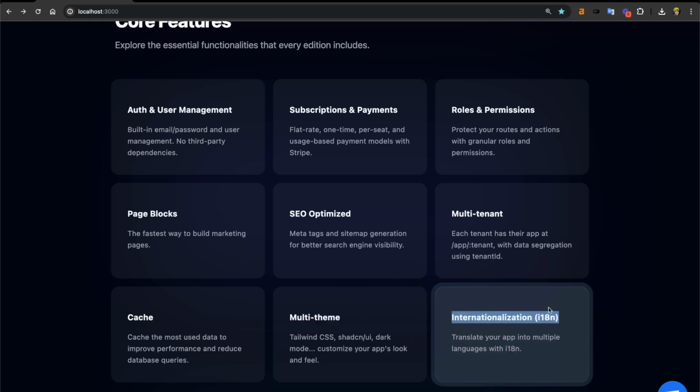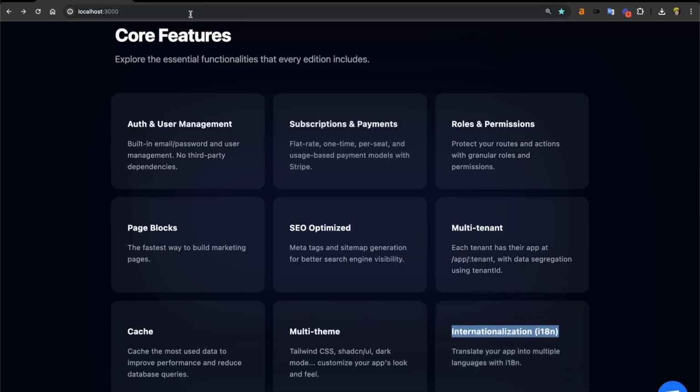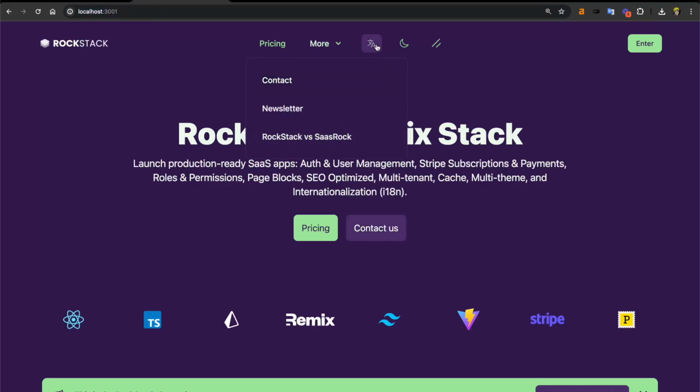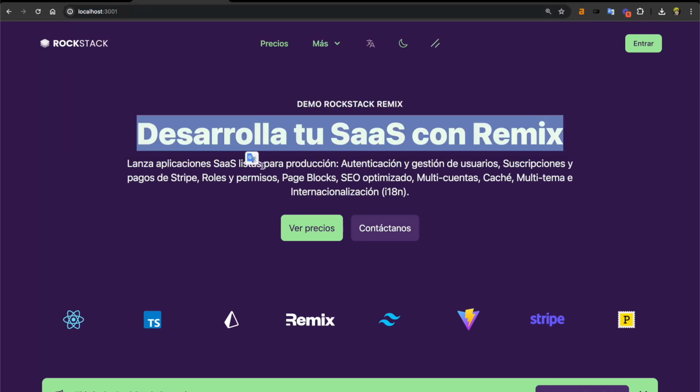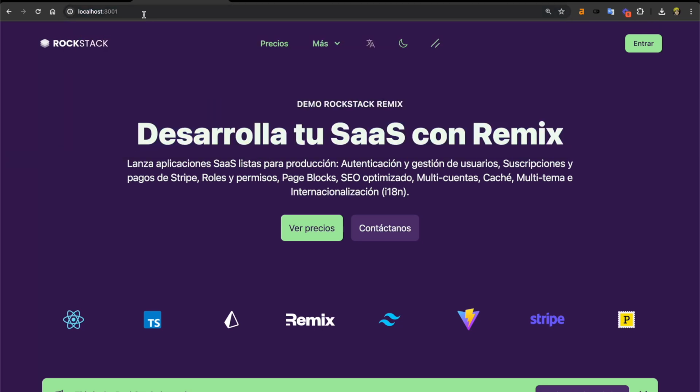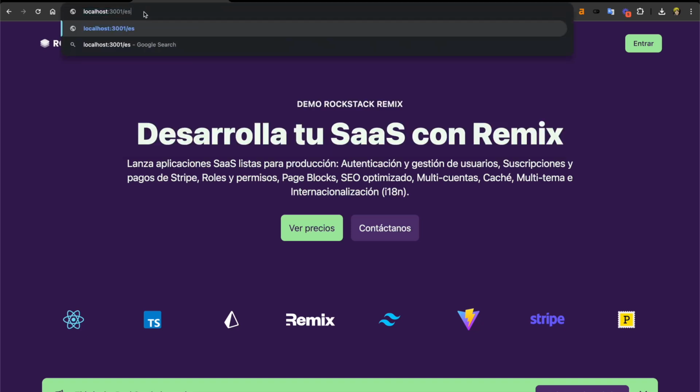And finally, internationalization, which is pretty important to me because I've seen some frameworks do this instead of having this way of changing the values. If I refresh the page, we still have these Spanish keys. And I've seen these frameworks do it this way. I'm not saying it's bad, but I don't like directory based internationalization because I don't have control in the server or even in the front end. And even worse,